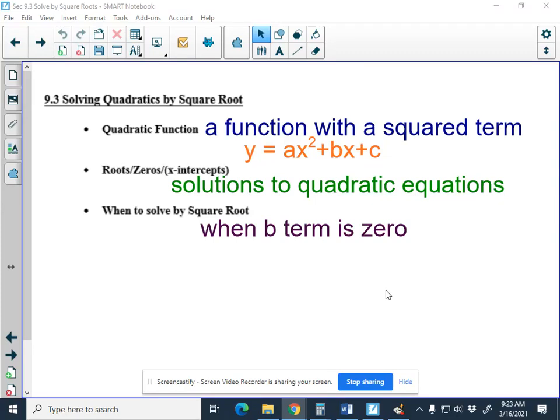Learn how to solve quadratics by square root. We just got done solving them with the graphs. So again, quadratic, you have to have a squared term. If you don't see the x squared, then you don't have quadratic. So if we see something like this,